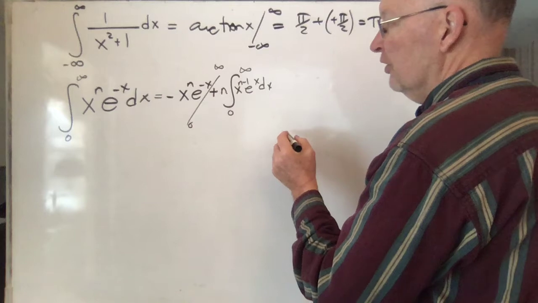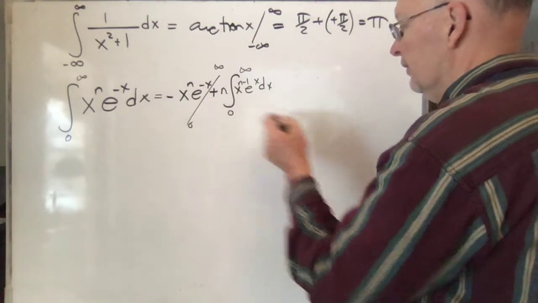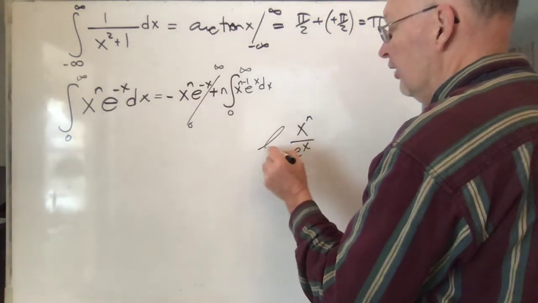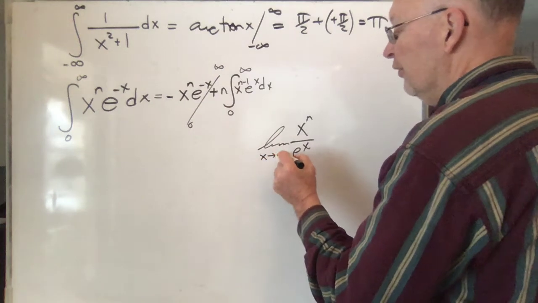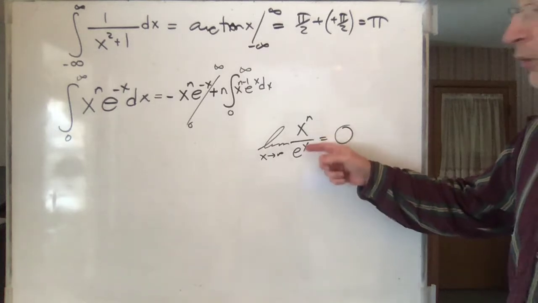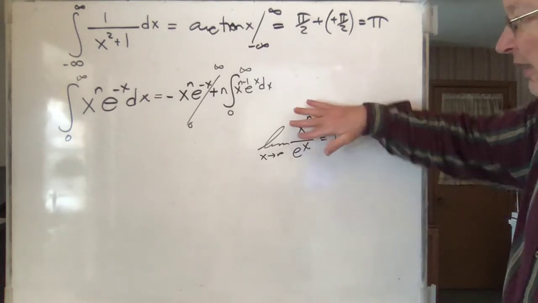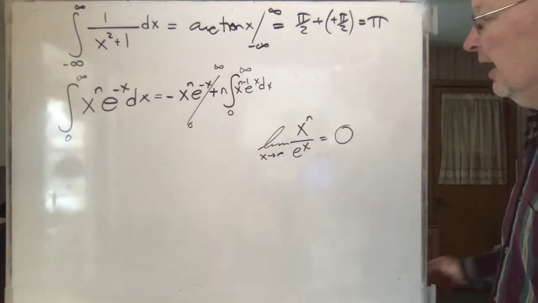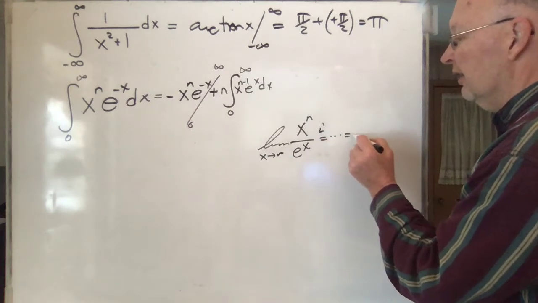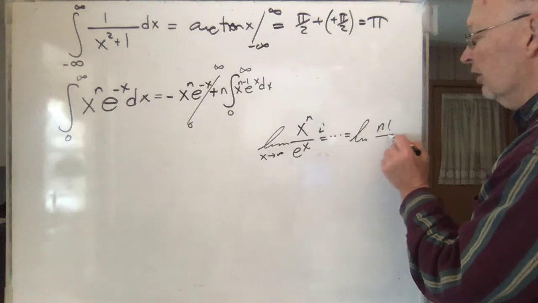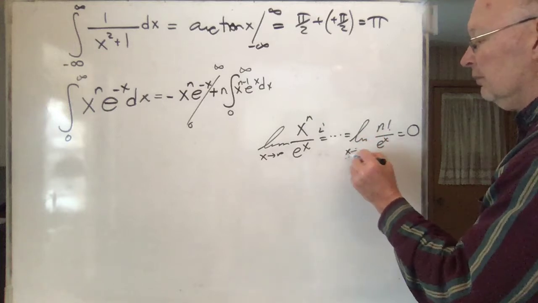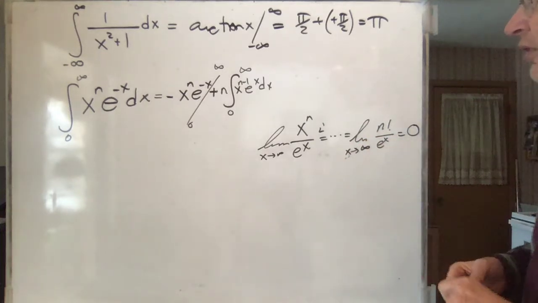We just showed that it doesn't matter that negative, x to the n over e to the x, which is what this is, and you take the limit of that as x goes to infinity, we just showed using L'Hopital's rule that that's eventually going to go to 0, right? You use L'Hopital's rule n times, and this thing is going to eventually become just n factorial, dot, dot, dot, the limit of n factorial over e to the x, which goes to 0 as x goes to infinity. Okay, so that goes to 0.